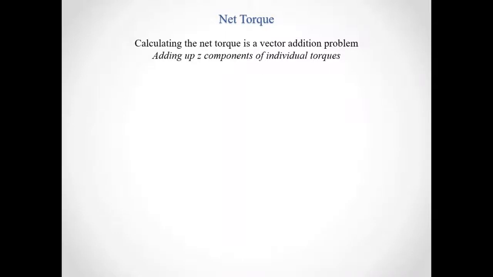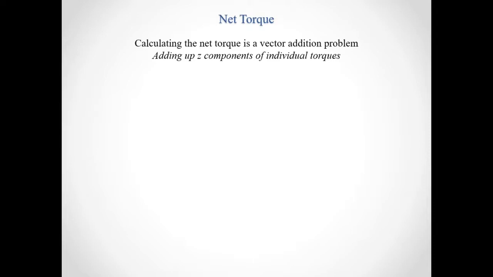So now that we know how to calculate the torque generated by an individual force about some pivot, what we want to do now is talk about how we can talk about the net torque generated by a series of forces about that pivot. The net torque, like the net force, is just a vector addition problem. The nice thing for us, because we're going to deal with forces and position vectors that lie within the plane,